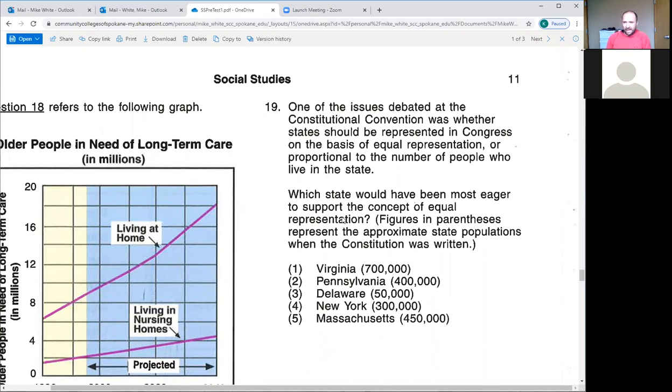If you were here last week, you know what we ended up coming up with, which was a compromise of both. Right? So today, our Congress has two bodies, the House of Representatives and the Senate, one of which is represented by population, the House of Representatives, and the Senate has equal representation.